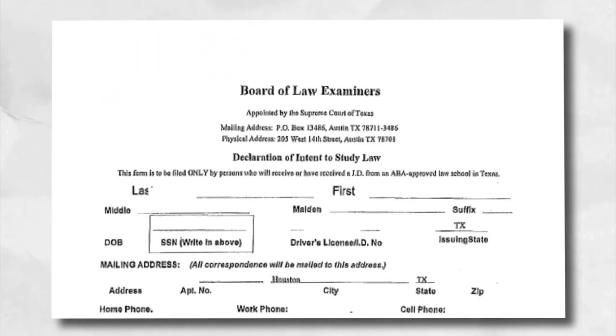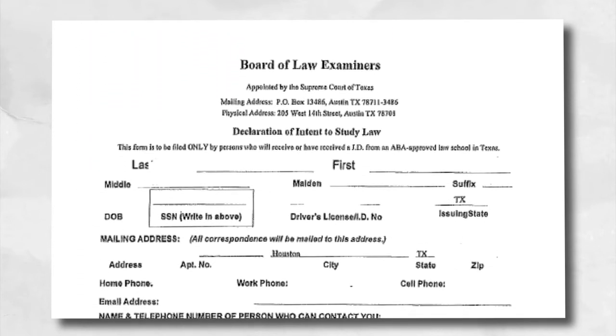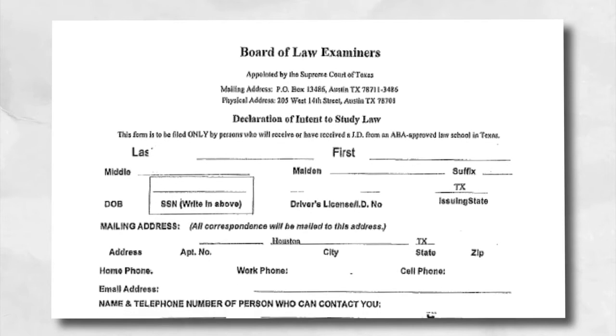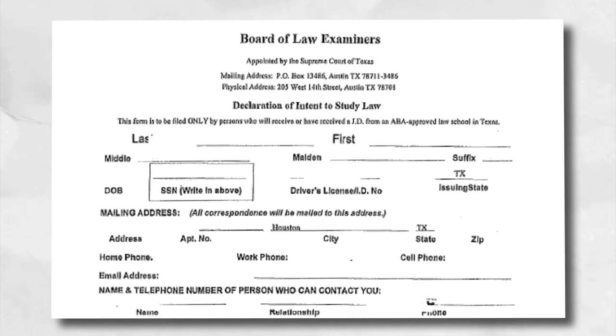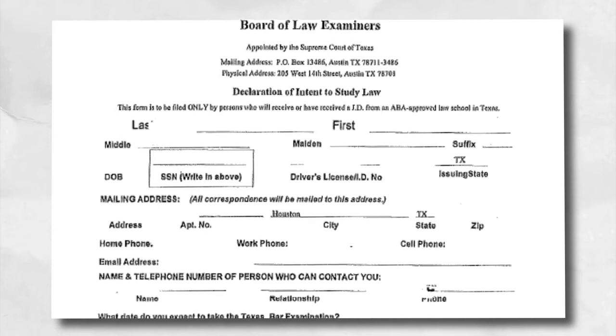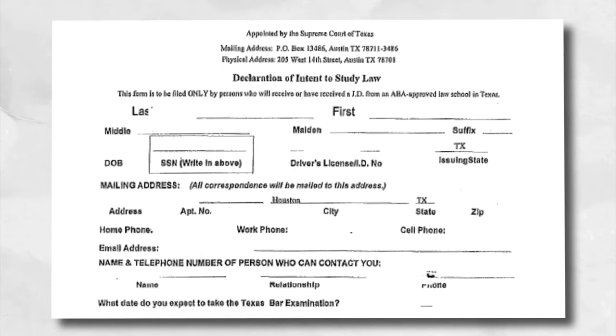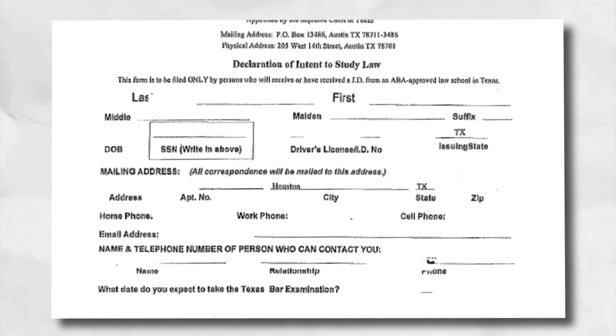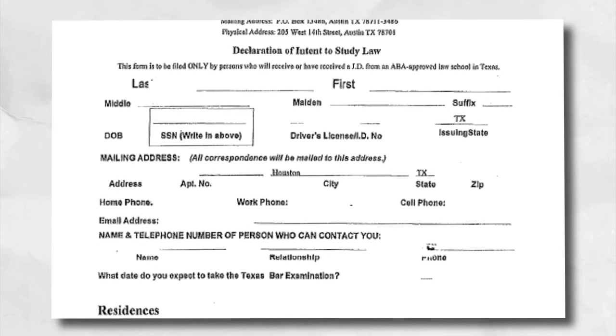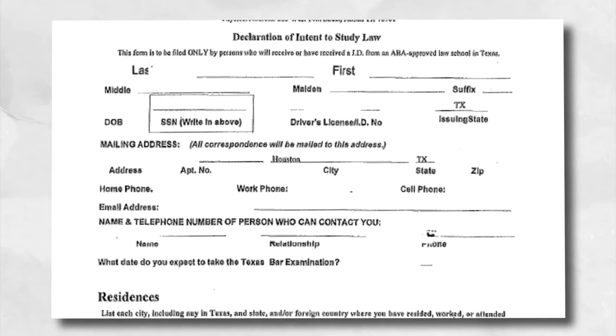The second document is the Declaration of Intent to Study Law. And the importance of that document is that there's a time limit when you are supposed to file this with the Board of Law Examiners. Your law school will tell you the dates that they have to be filed, but to go over this once again with you,